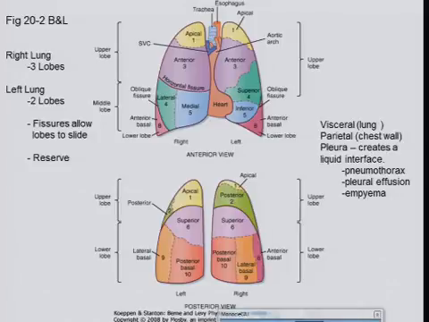So try to envision this: surrounding these lungs is a small membrane, and then on the inside of the rib cage is a small membrane. Now, between those two layers, the visceral and parietal pleura, we have liquid. There's a liquid interface between these. That small amount of liquid is a very small amount,